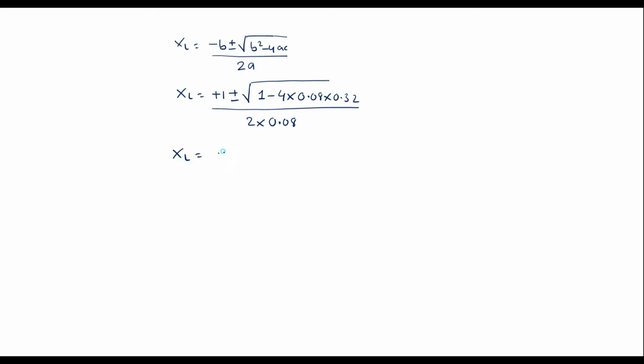Simplifying this further, XL is equal to 1 plus, solving this square root part, we will get 0.9474 divided by